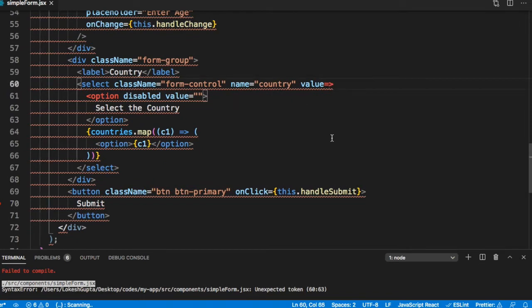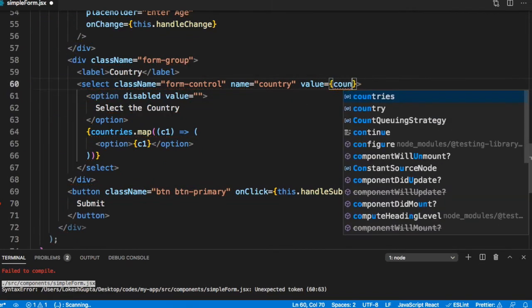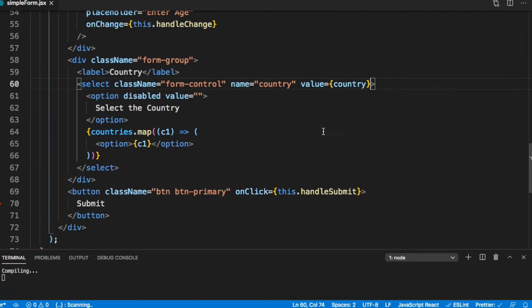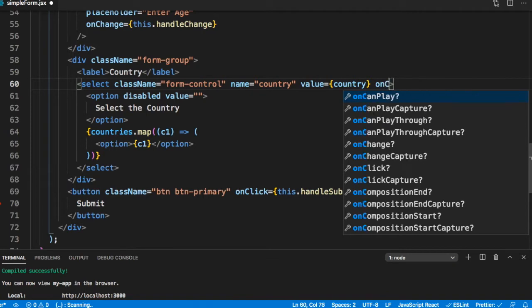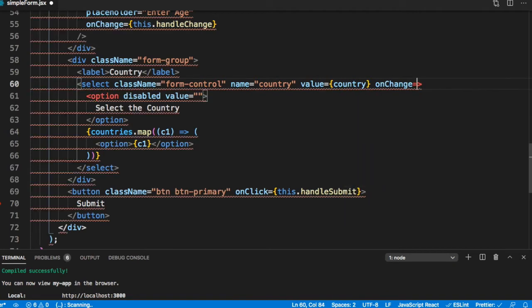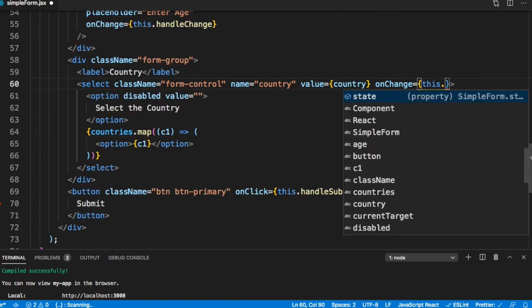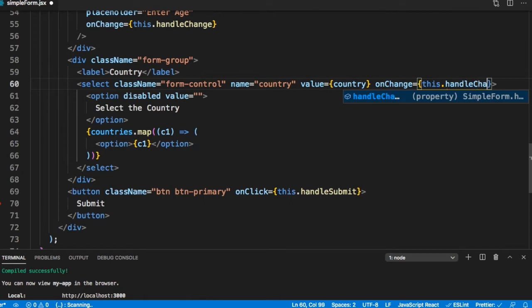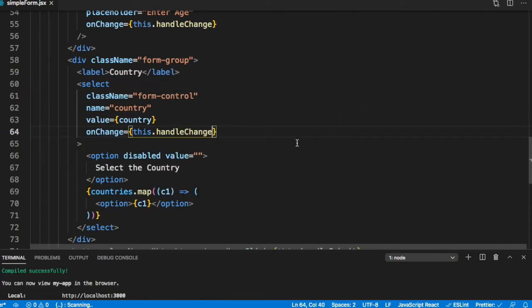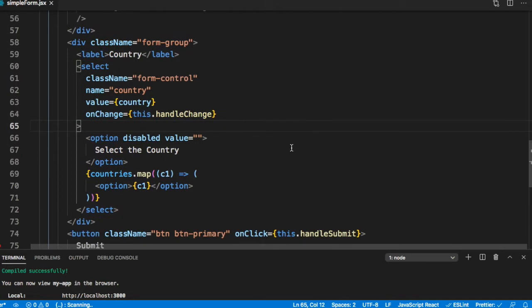So value is equal to country. Note that the name that we have given to this select is the same as this field, like we had done earlier, and we will define on change is equal to this dot handle change. These are the standard steps that we had followed.